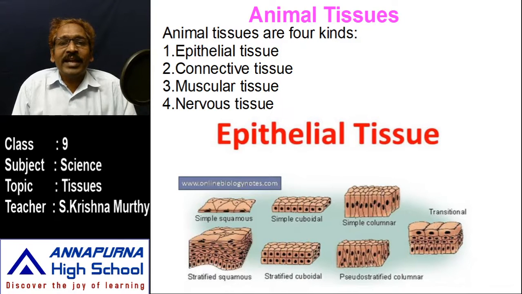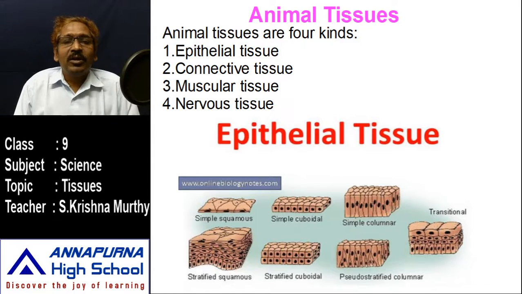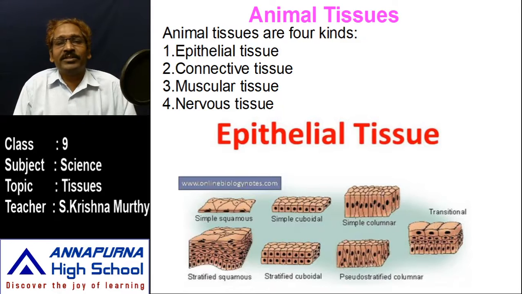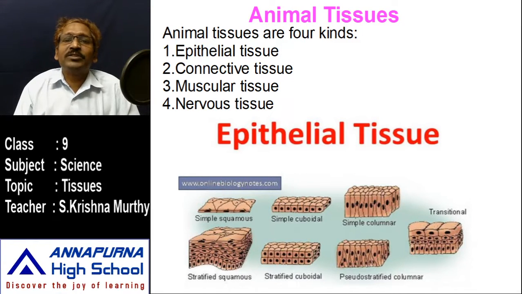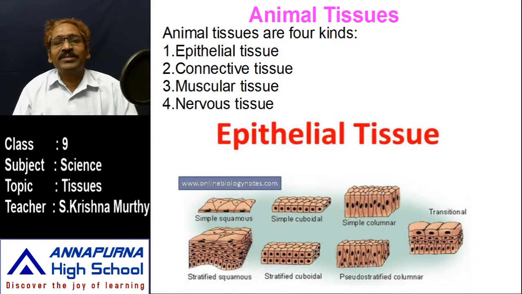You know very well about different kinds of tissues. In the earlier class we learned about them. Once again, recall what tissues are present in the animal body. Our body has majorly four kinds of tissues to do different kinds of actions. What are these actions? To transport material, to synthesize materials, to protect the body, and to give stiffness to the body. To do these different activities, every animal has four kinds of tissues.